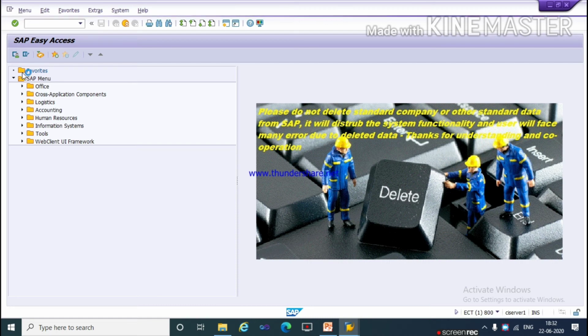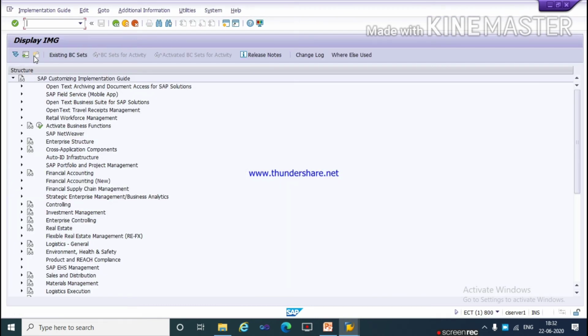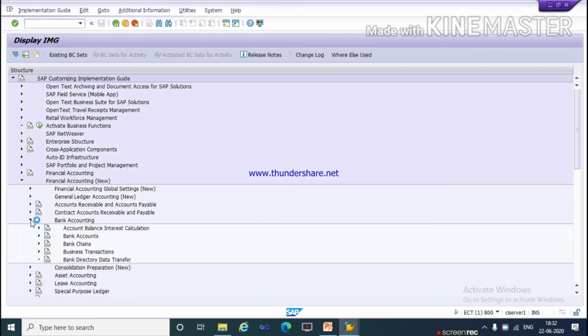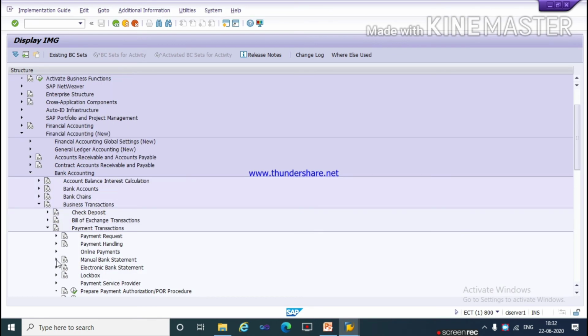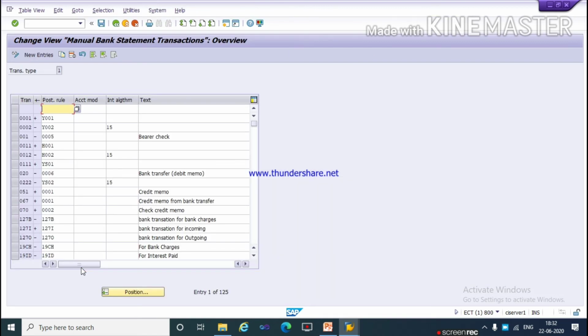SPRO, SAP reference IMG, financial accounting new, bank accounting, business transaction, payment transactions, manual bank statement, create and assign business transaction, which we have defined in the manual bank statement also.